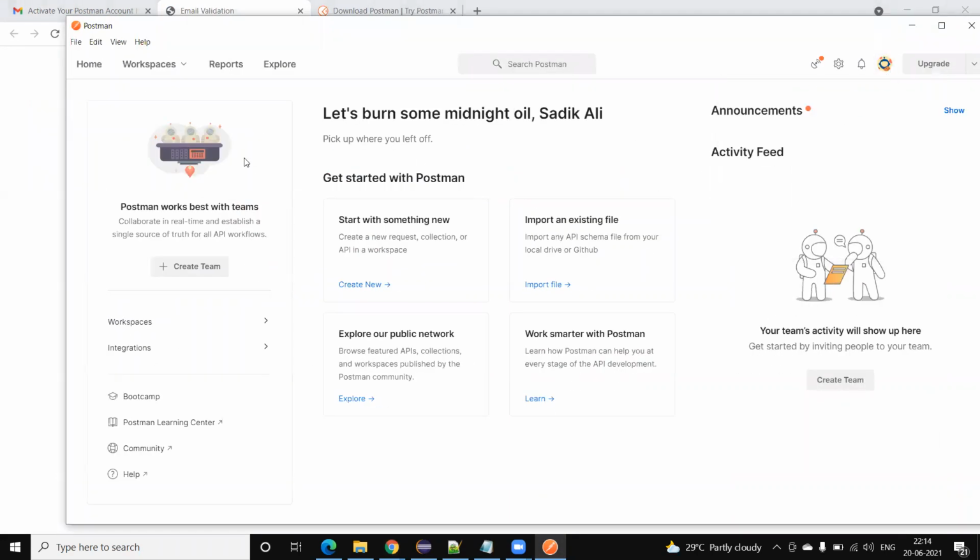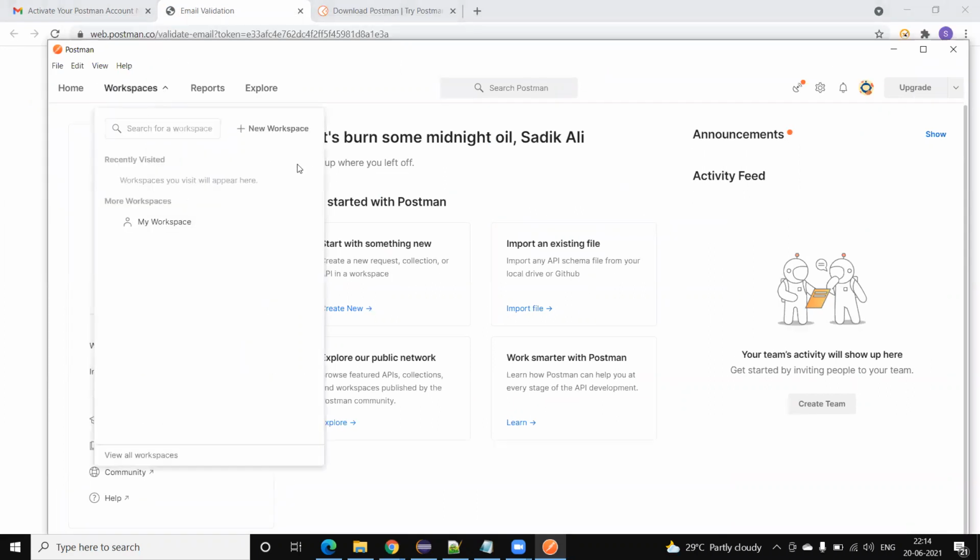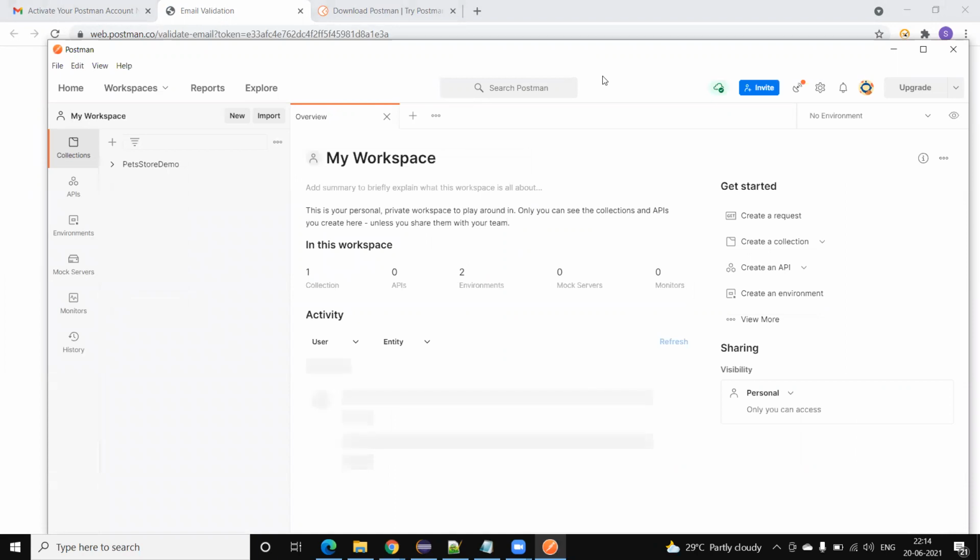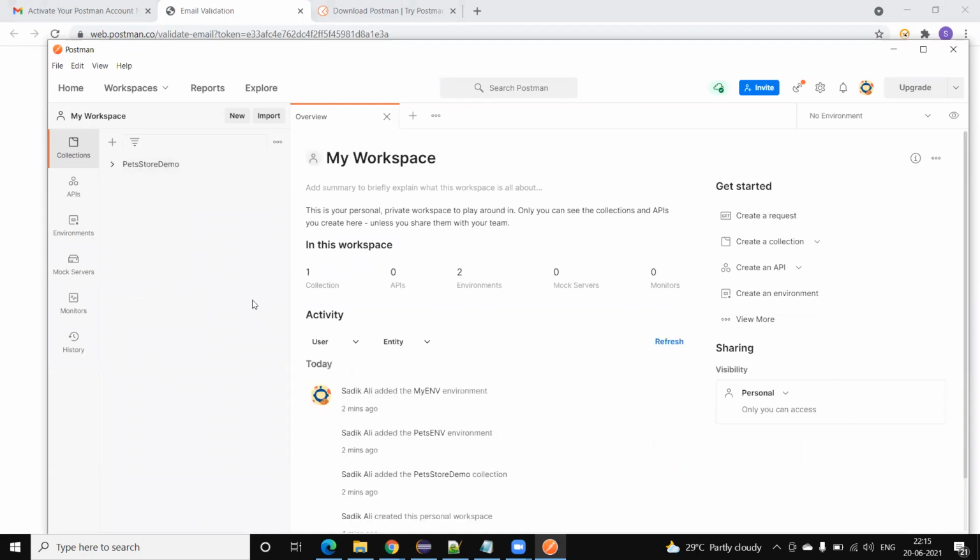This is the email ID you can see, and Postman is set up successfully. We can create a new workspace or use My Workspace. This is the earlier workspace I have used. We can also create API collections here and send requests. I will show you in the next video how we create an API test in Postman, and what the different options are, like collections and environments, and what the use of an environment is. We will discuss that in the next tutorial.